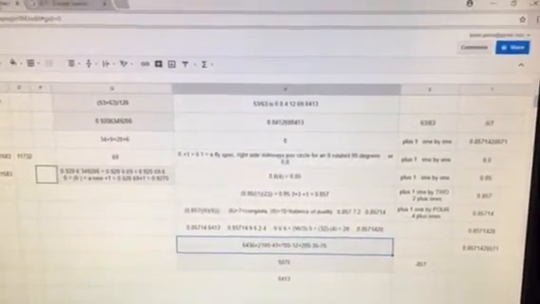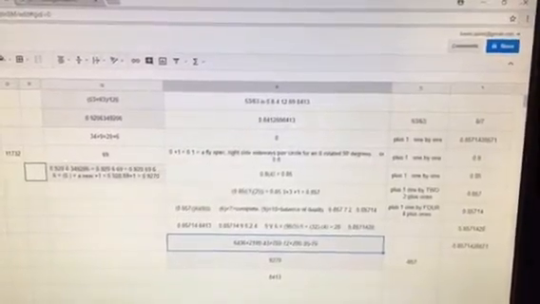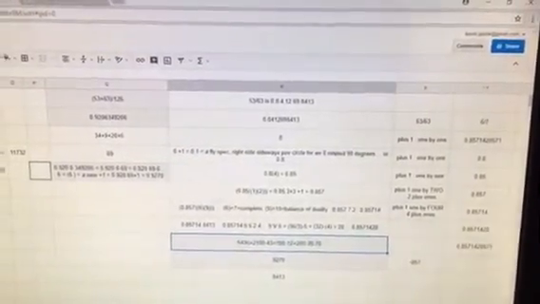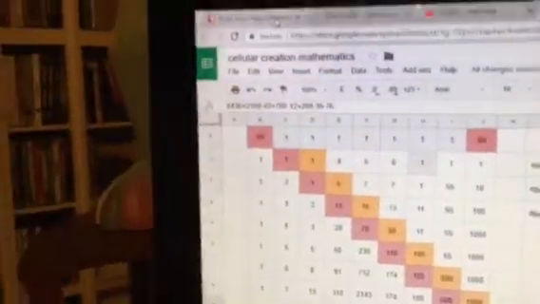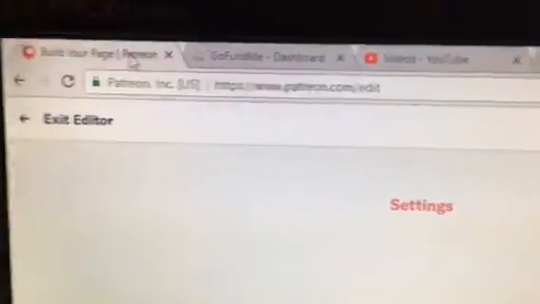Yeah, you can just tell yourself that I'm making it up as I go to make it work. But I just find it, I don't know why I'm doing what I'm doing, but I'm doing it. And it's interesting. Anyways, what else am I doing? I'm doing this. I'm going to try to build a Patreon account, and